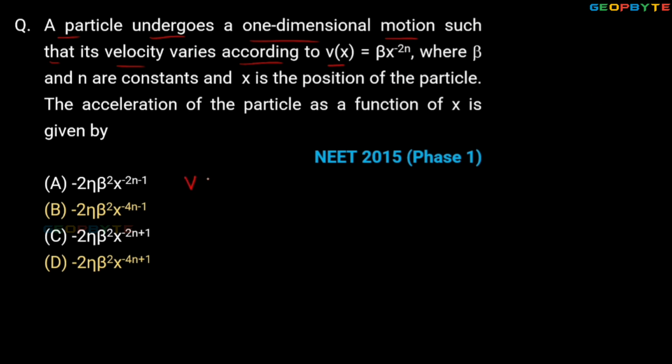Velocity is given in terms of x, where beta and n are constants and x is the position of the particle. The acceleration of the particle as a function of x is given by what? You are asked to determine the acceleration in terms of x. For that, as you know, acceleration